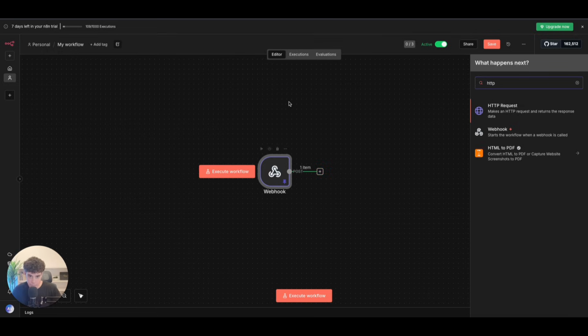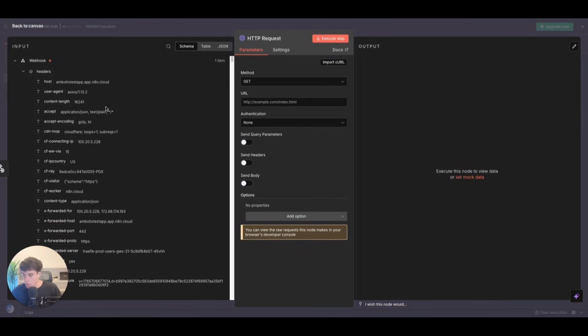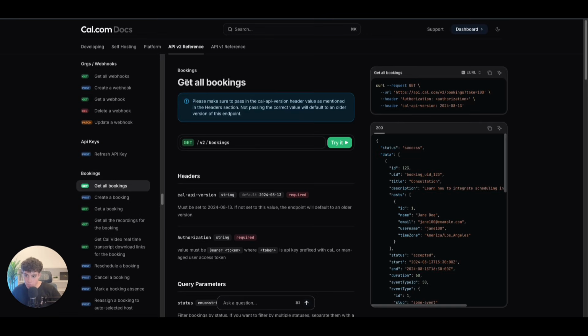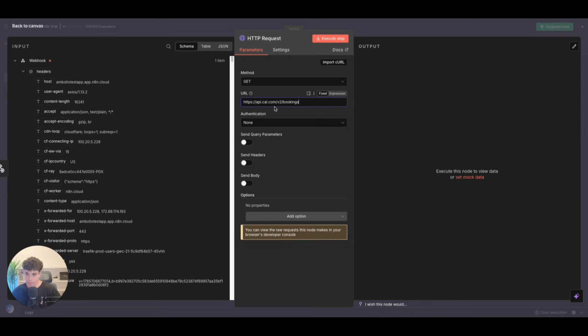So we're going to add in another HTTPS node. Right, and it's going to be another get request. So if we come back to the get request, we can see that this is going to be the booking, but this is going to be a little bit different. We're going to need a booking UID. So this is going to be for canceling a booking, but we're going to be using the same function that we did, but we're going to be searching for all the available appointments under that email. So we can see we're going to be using this API that we have right now, which is get all bookings. So we come out, we're going to go to here, and then we're going to paste in this URL,